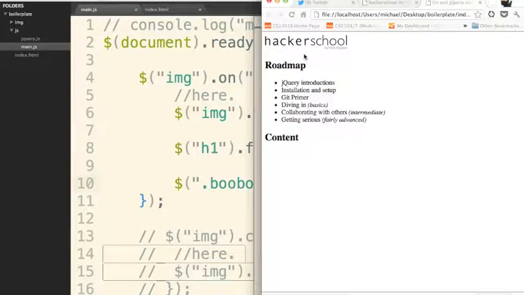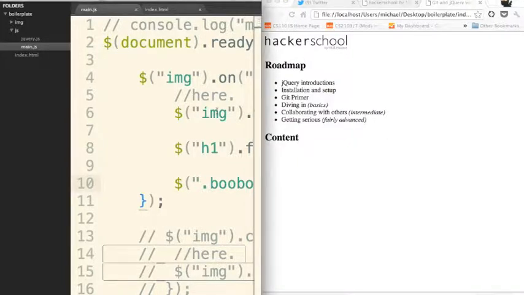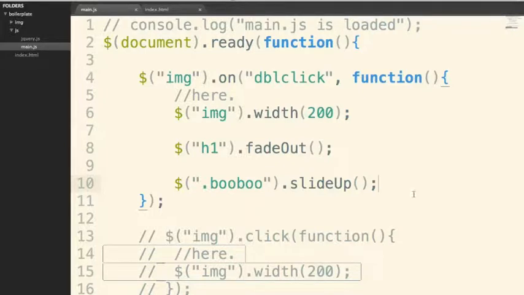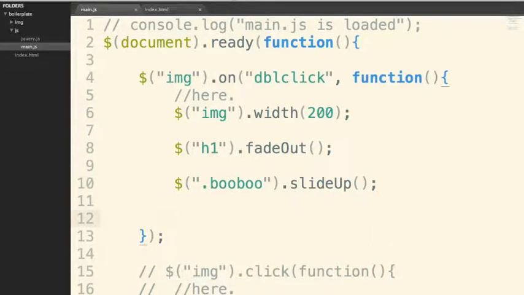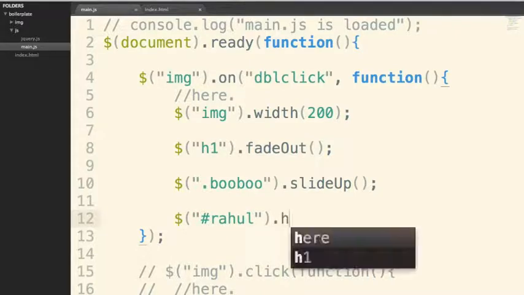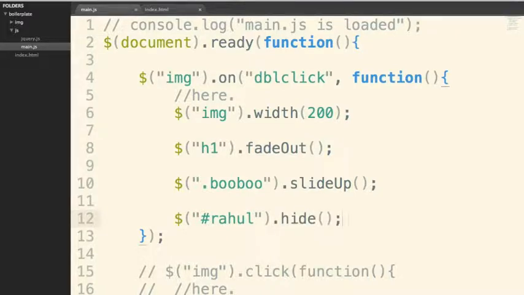Let's do one more. Go back to Sublime, and this is the last one I'm going to introduce right now. I want to make Rahul disappear. And so I tell jQuery, go find me Rahul, and hide it. Right, save the file,